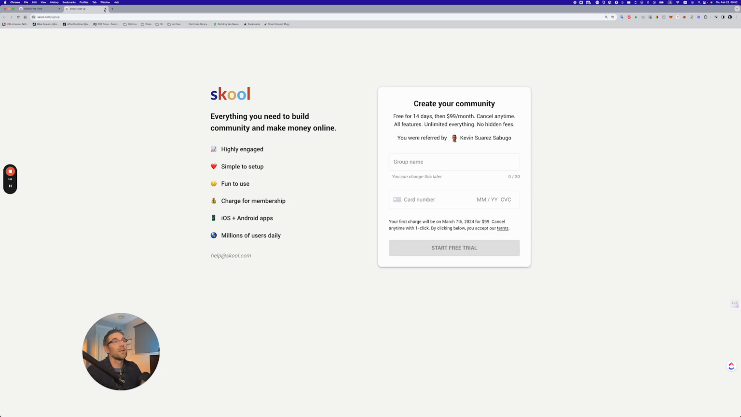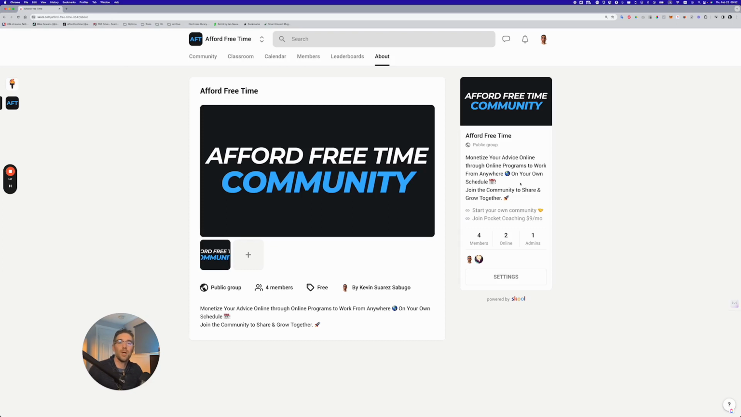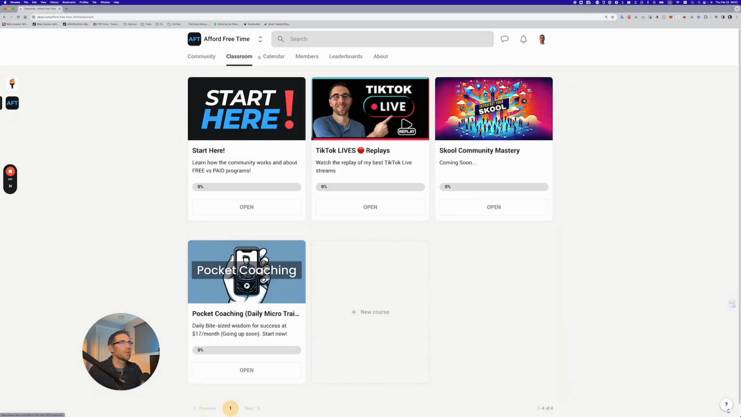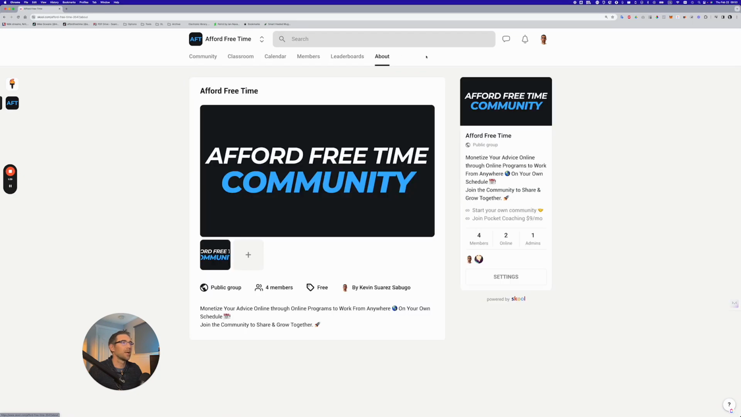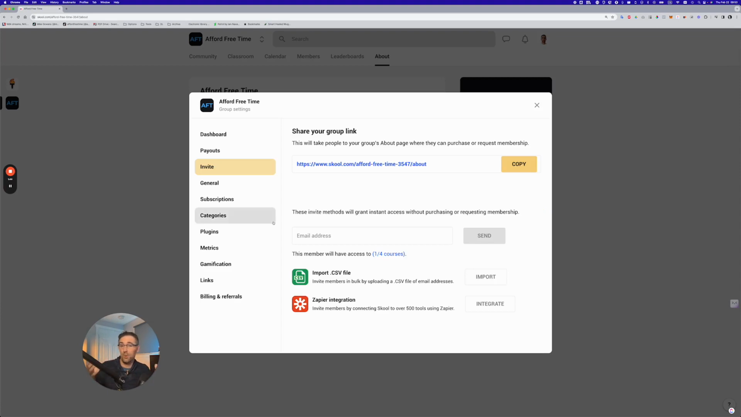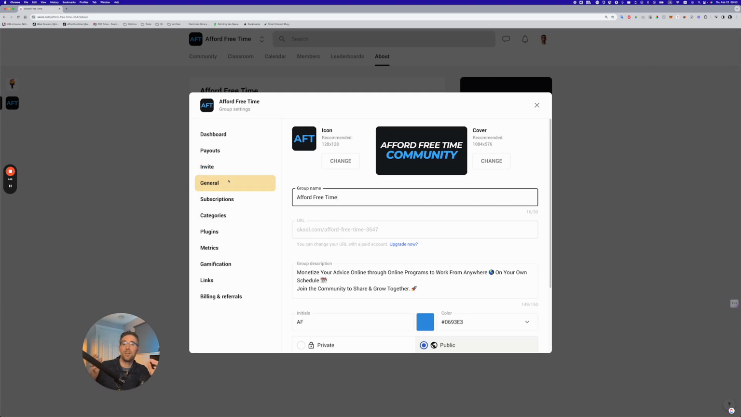Now that being said, once you have done that, you're going to end up with your own community with your name. You can come into the right side inside the settings. It's the button right here. You can find it whether you are on the about page or on the community. I think even in the, no, not in the calendar, not in the classroom, but if you go on one of those two pages, you get the settings and you can get access to configure your Skool. We will start with the general